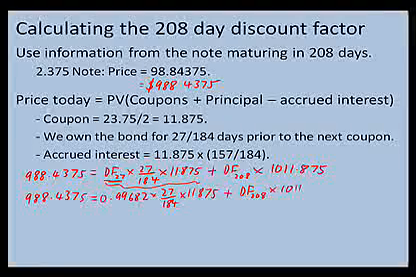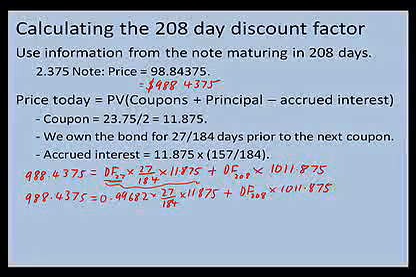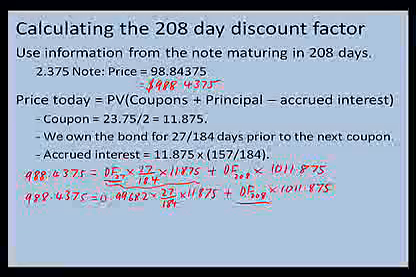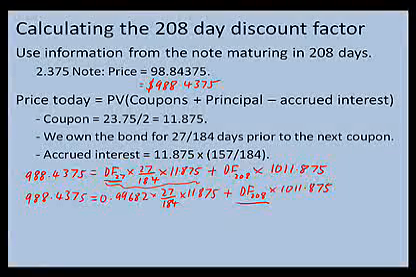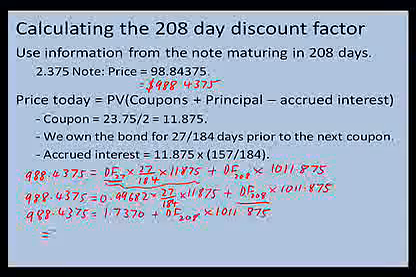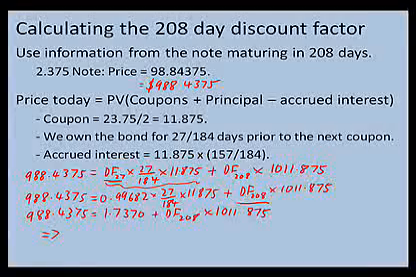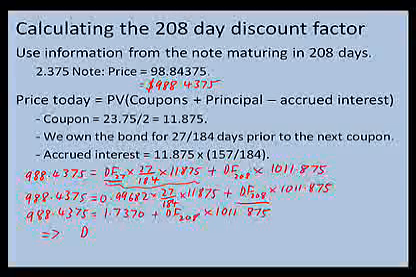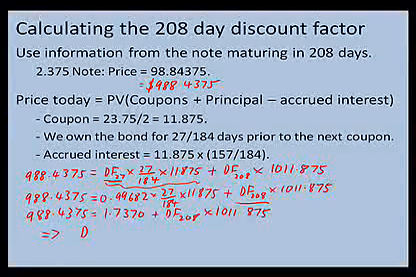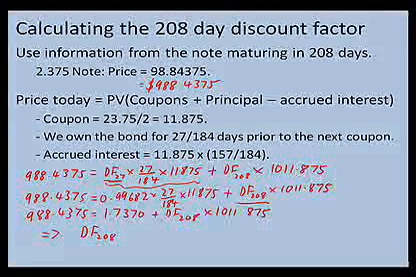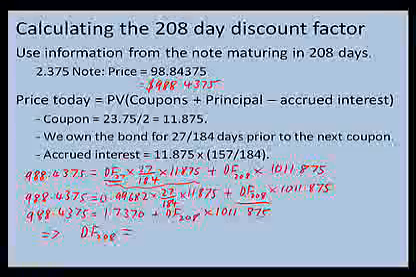times the cash flows in 208 days. You can see now the only thing we don't know is the discount factor in 208 days, and we can do some mathematics to calculate that discount factor. Let's simplify the problem. Now what we're going to do is subtract 1.7370 from both sides and then divide through by 1011.875. So the discount factor for 208 days is going to be equal to